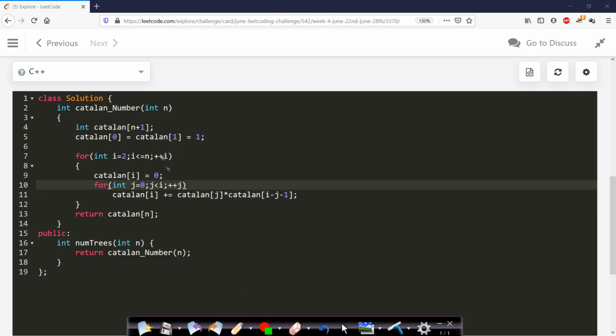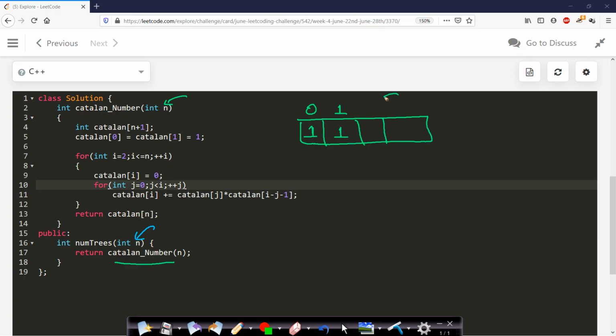This is a very simple code where we are given the n value, that is the number of nodes, and then I call the Catalan number calculator, which is a utility function. I pass the value n, which is the number of nodes. Then I take a dynamic programming array, a single dimensional array. I have shown these calculations in the other video. If you have 0 nodes, I assume the Catalan value is 1, and if you have 1 node, the Catalan value is also 1.